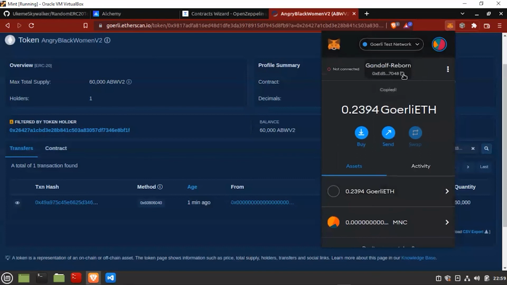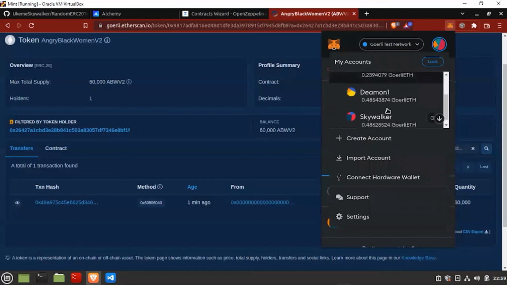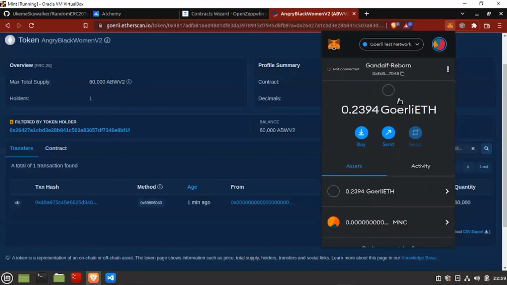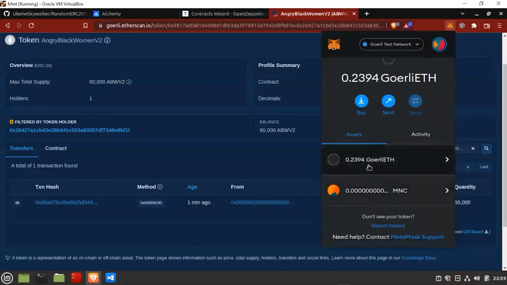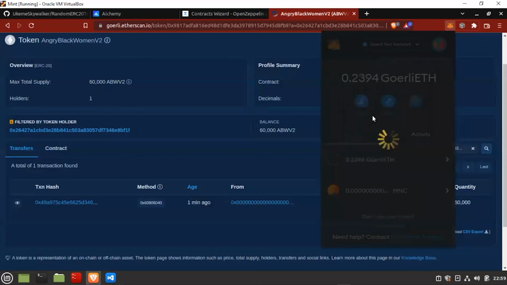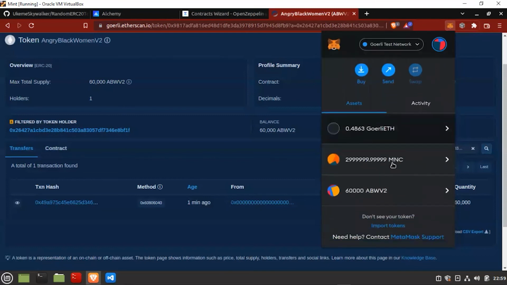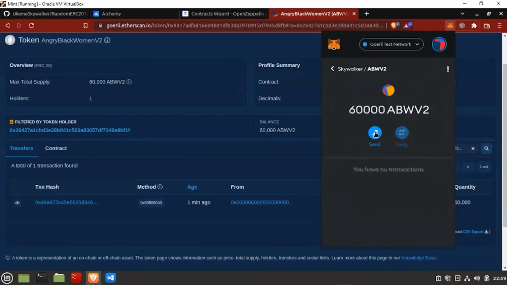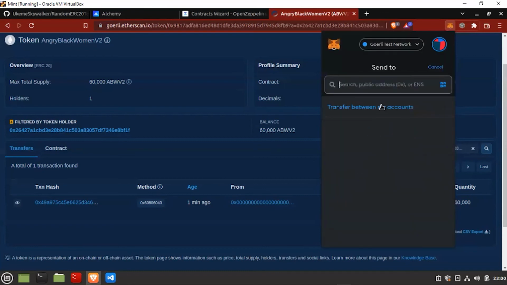So if I copy the address, go back to the owner of the token, as you can see, Gandalf Reborn doesn't have ABW. So we can come back to the owner and then let's send some ABW to my